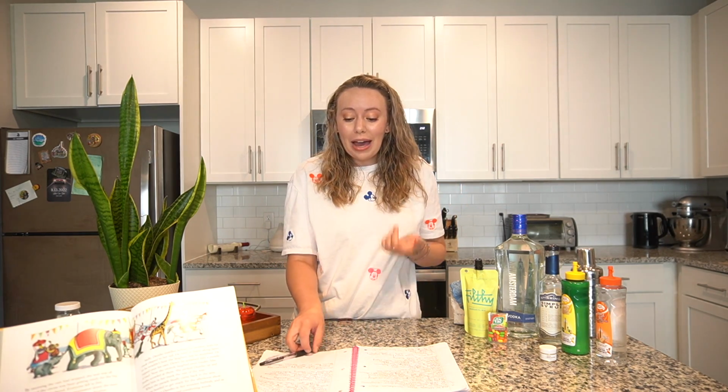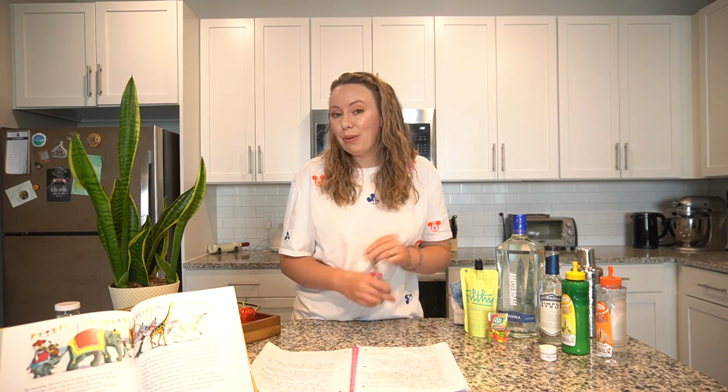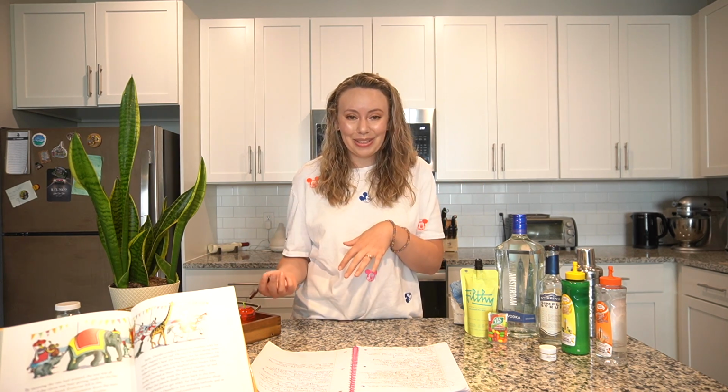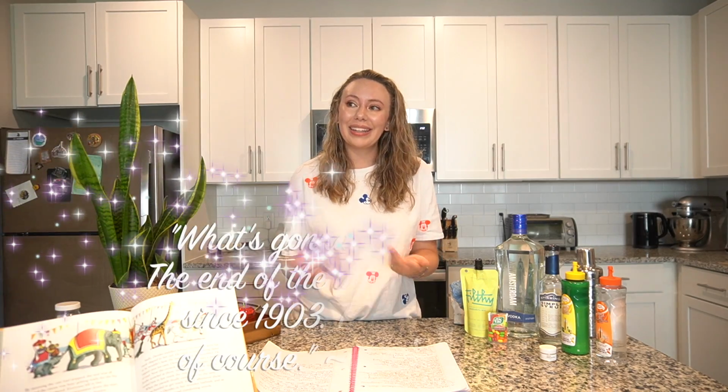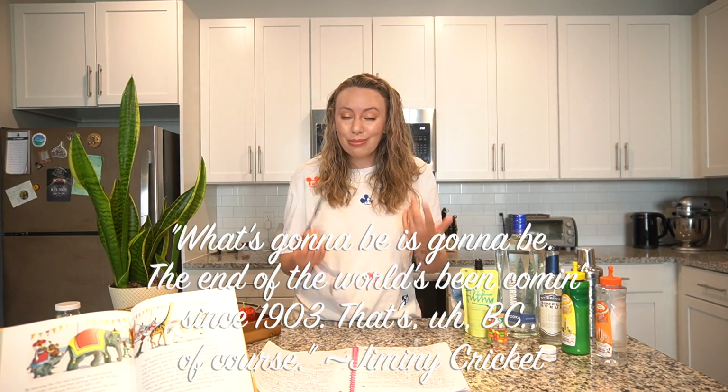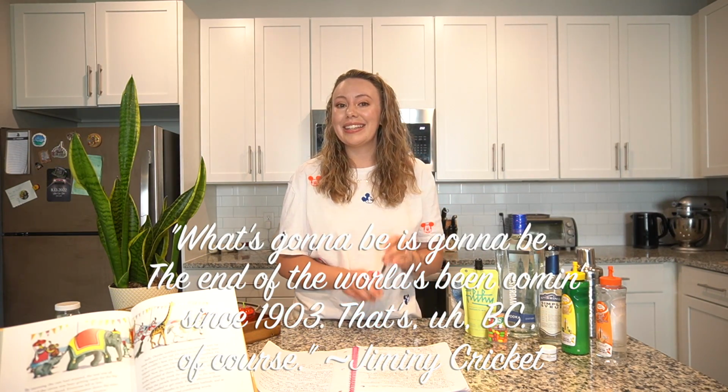Jiminy Cricket's song, I'm a Happy-Go-Lucky Fellow, was originally written for Pinocchio, but it was cut from the movie, so they got to reuse it for this movie with the original voice of Jiminy Cricket, Cliff Edwards, playing him again in this movie. Oh, Billy Gilbert, who voiced Willie the Giant, also voiced Sneezy in Snow White and the Seven Dwarfs,